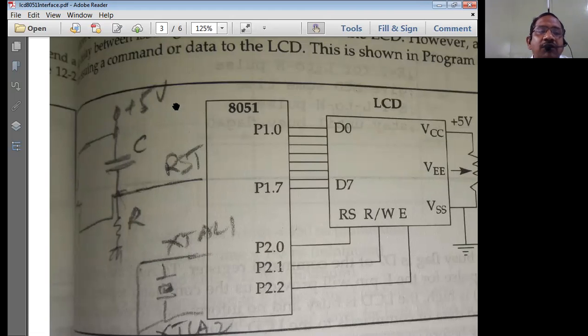Current flows from higher potential to lower potential. It comes from the capacitor, through resistor R, then to ground, and from ground again to VCC. So in this path the capacitor is going to charge, and the reset value is going to become equal to 1. When reset is 1, the circuit is going to operate based on the instructions that it has inside.